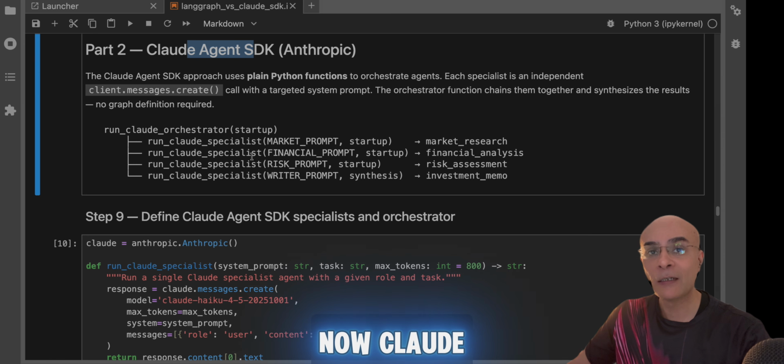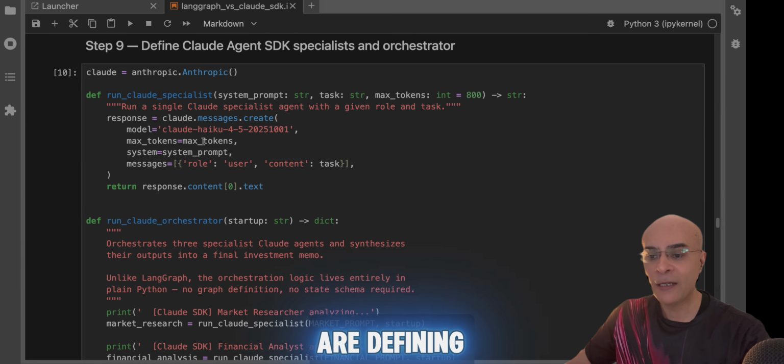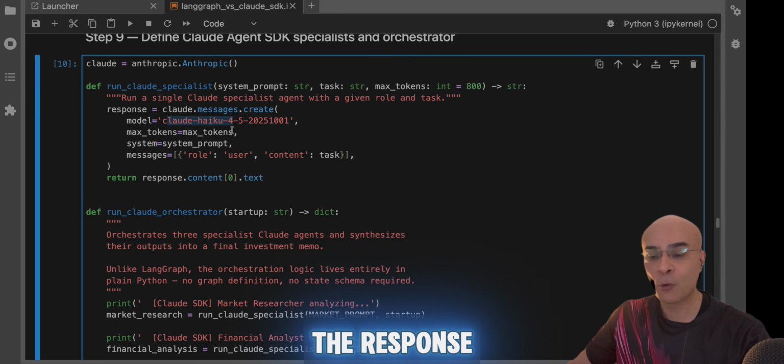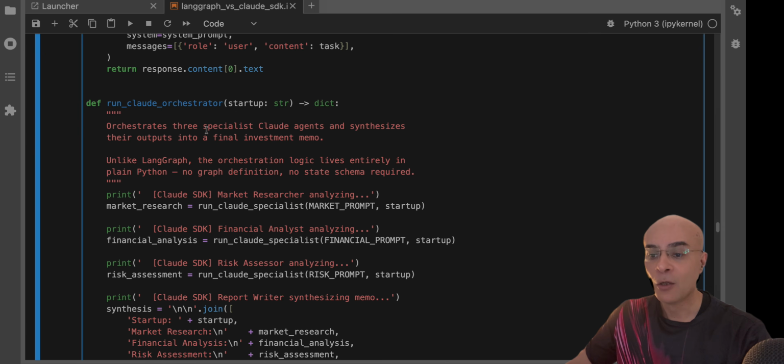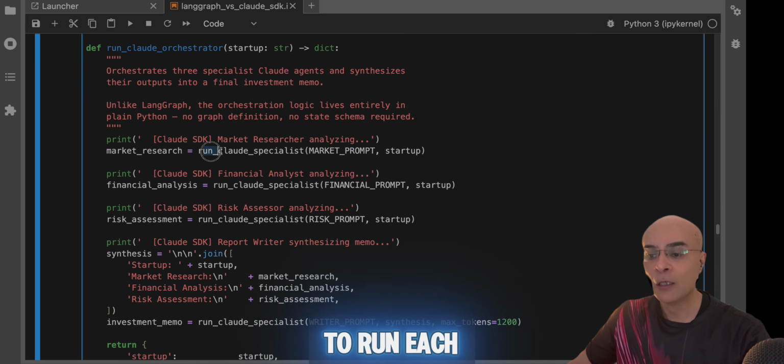Now Claude doesn't run all the agents in parallel. It is going to run all the agents sequentially. As you can see, we are defining a run Claude specialist where we are going to pass different system prompts as well as tasks, and we are going to use the Claude model to execute the response to the large language model. So here this is the Claude orchestrator where we have to run each agent in a sequential